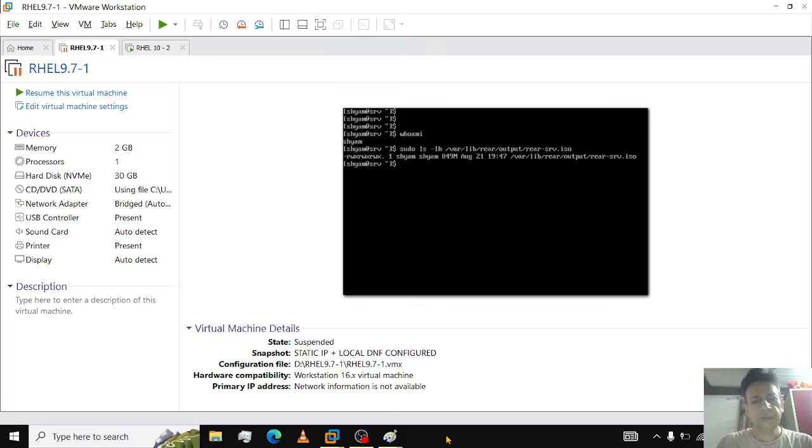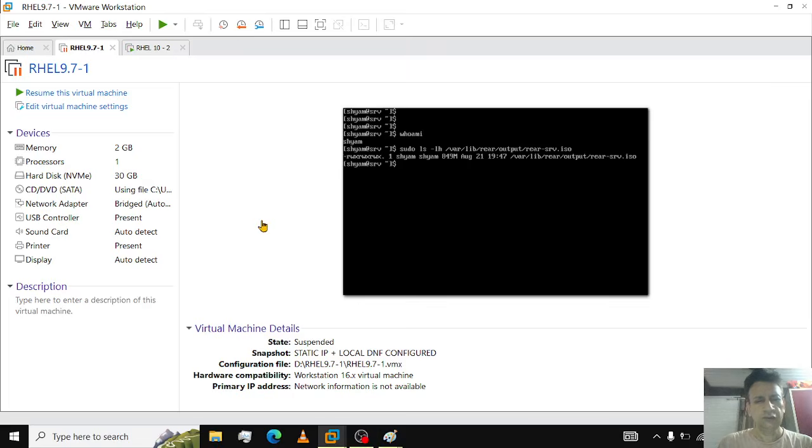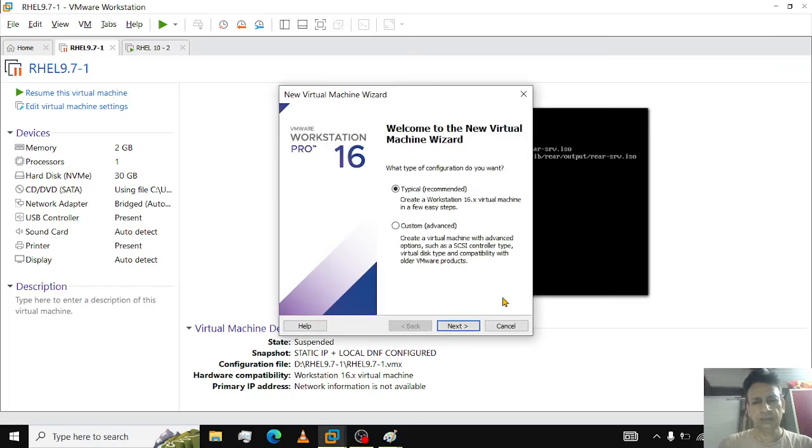Now I am going to recreate the virtual machine from the backup, and assuming that this machine for which I have taken the backup, that it has failed, right? So this machine I have stopped, for which I have taken the backup, assuming that this machine has failed. So I am going to create the new virtual machine in my virtual software, right? So creating the new virtual machine,